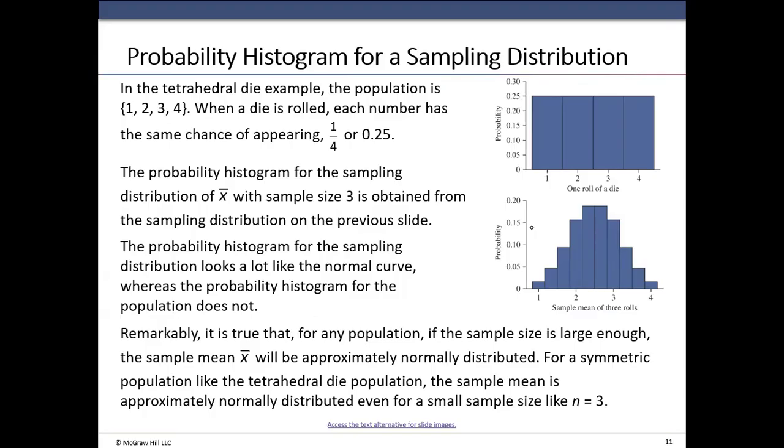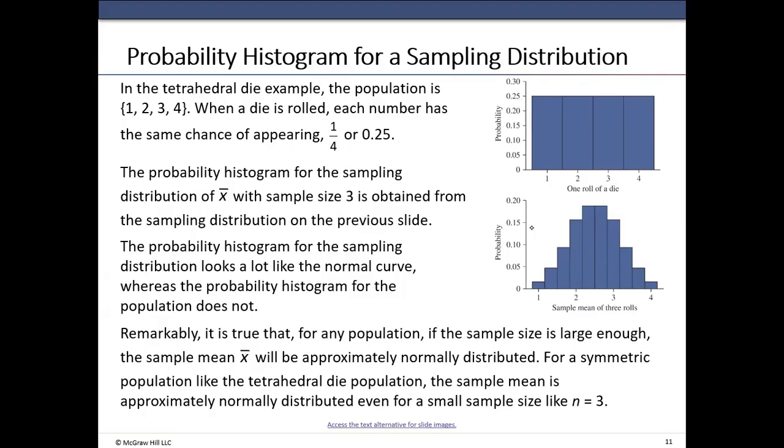Then you are drawing a sample of size 3. And notice what happens to the probability distribution of X bar. Now you have sample mean. On the second diagram, sample mean is on the horizontal axis, probability on the vertical axis, and you're approaching a bell-shaped diagram. The probability distribution histogram for the sampling distribution looks like the normal curve, whereas the probability histogram for the population